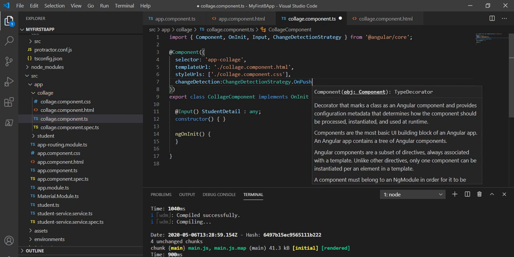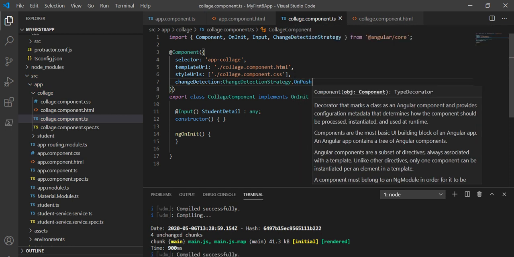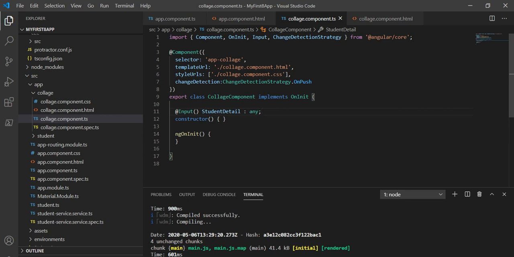So basically we are telling this Angular component that if there is any change in the reference, then only it should change the value in the child component, based on the reference change.